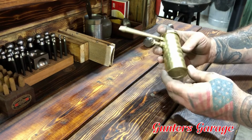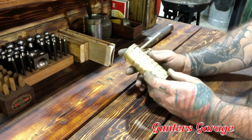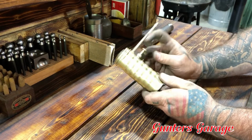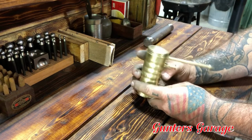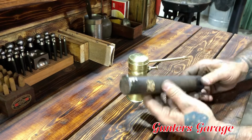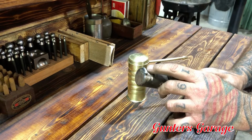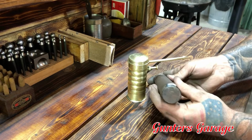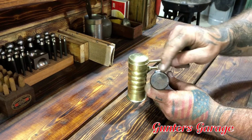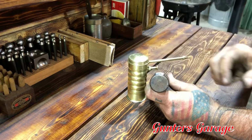This little skirt was all banged out of shape. It is loaded with little tiny dings just all over it. And I used this old metal pin here for a die. I ran a bead of weld on here and just followed the radius of the pin, and then just cleaned it up so it was smooth and straight,